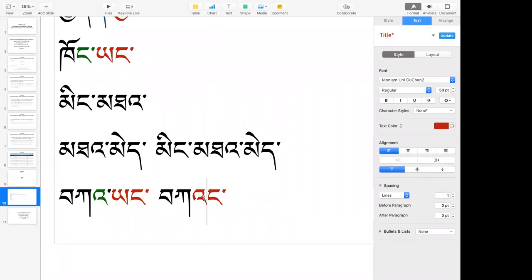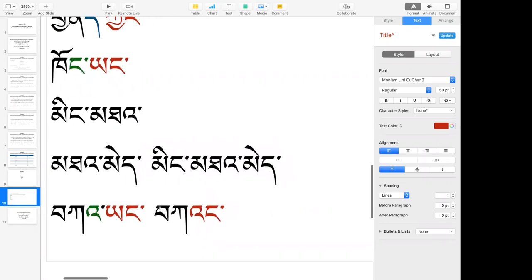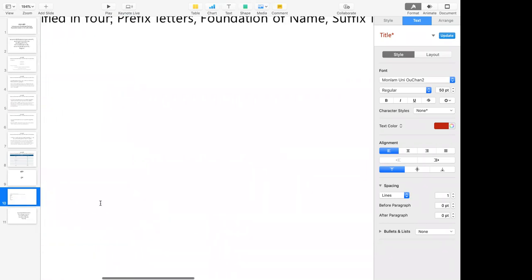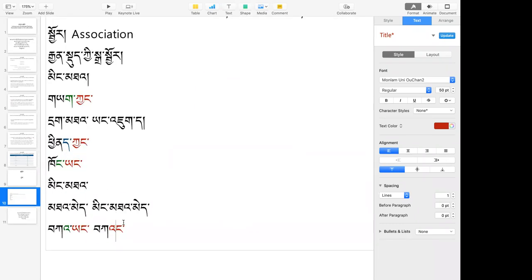So we understand that since it has a suffix letter ha, it can either be followed by the particle yang or hang, dependent on whether you're going to use the punctuation that separates the syllable. So ka yang or ka hang. And like I said last time, you may use both of these accordingly, dependent on different scenarios. Like one of the scenarios could be that you're writing a verse,